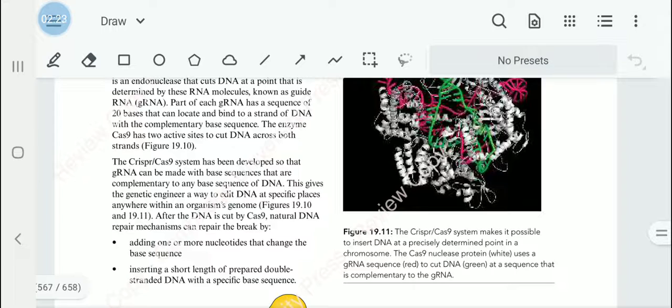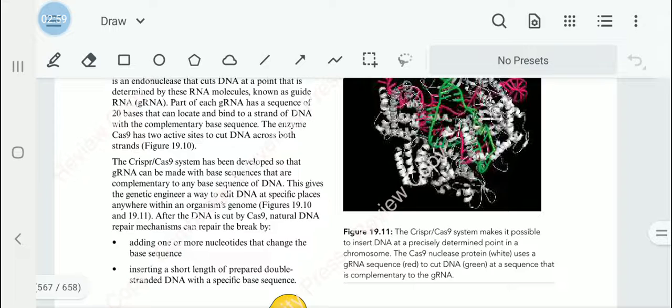The CRISPR-Cas9 system is developed so that gRNA, that is a guide RNA, can be made with the base sequence that is going to be complementary to any base sequence of DNA. That gives the genetic engineer a way to edit the DNA at specific places anywhere within the organism's genome. When it is cut by Cas9,